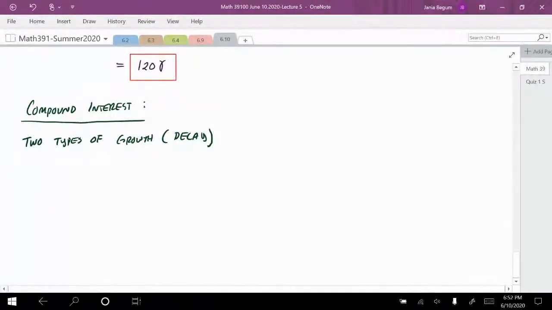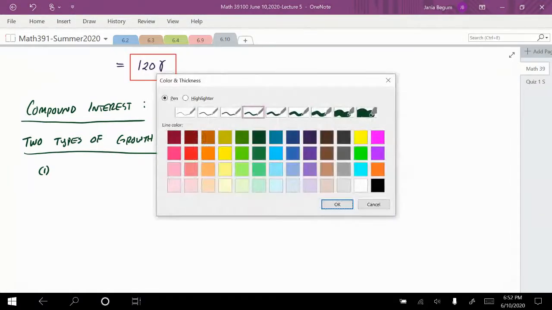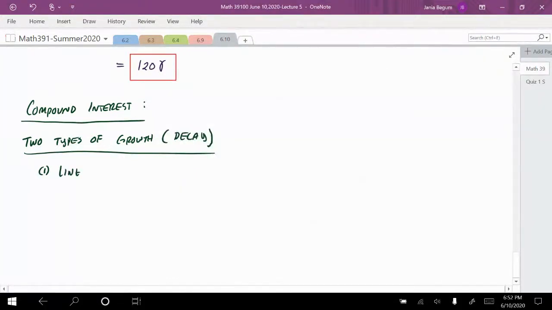So we have type 1 where you have a linear growth or linear decay. If it's a linear growth, then we have, so I'm going to explain what this means in a few seconds,